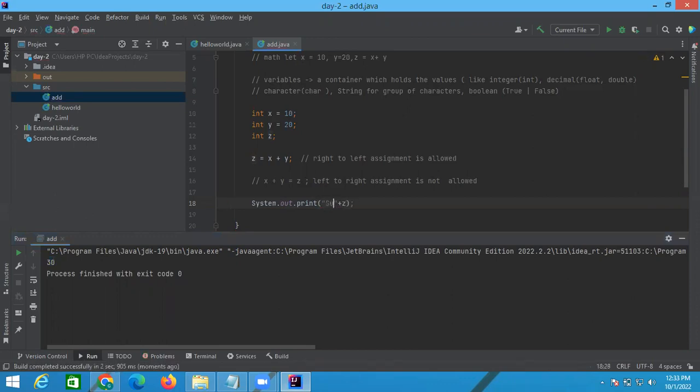डबल कोट्स में हम क्या लिखेंगे? सम लिख सकते हो, सम इज लिख सकते हो, एडिशन ऑफ एक्स एंड वाई लिख सकते हो, कोई भी वर्ड्स लिख सकते हैं। बट वो लिखे कैसे जाएंगे? डबल कोट्स देन प्लस। अगर ये नहीं लिखना डबल कोट्स प्लस, देन हमें क्या लिखना पड़ेगा? डबल कोट्स लिख के दोबारा से इसमें ये प्रिंट एफ लगाना पड़ेगा और जेड लिखना पड़ेगा, 2 बार यूज करना पड़ेगा।